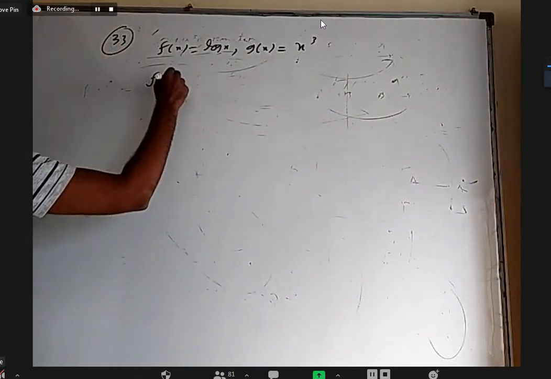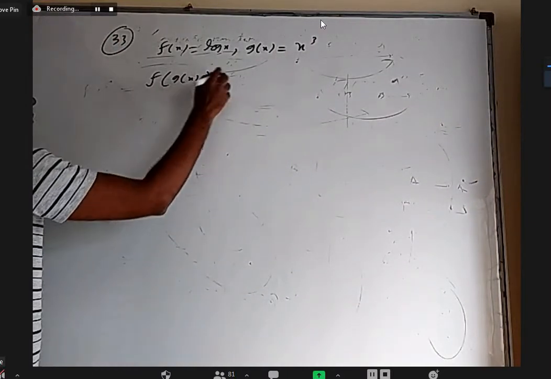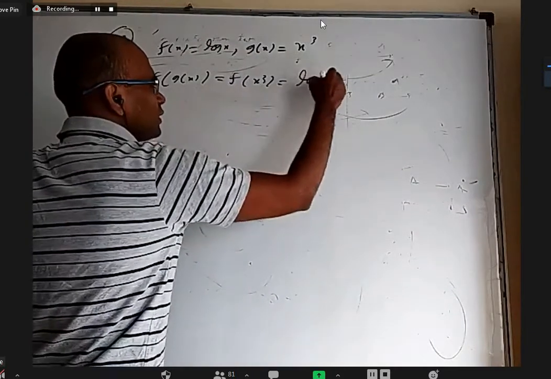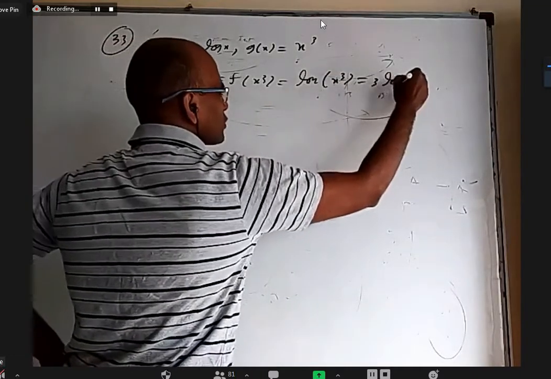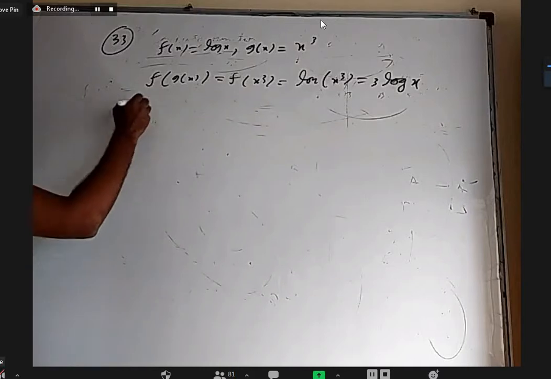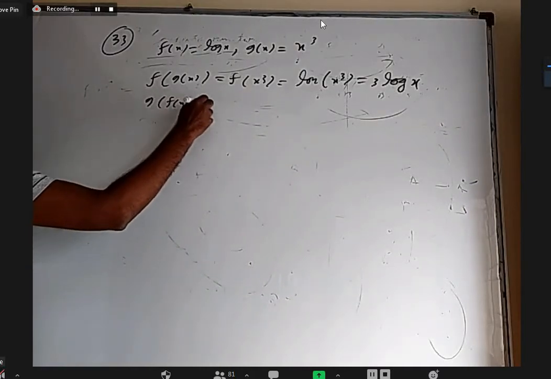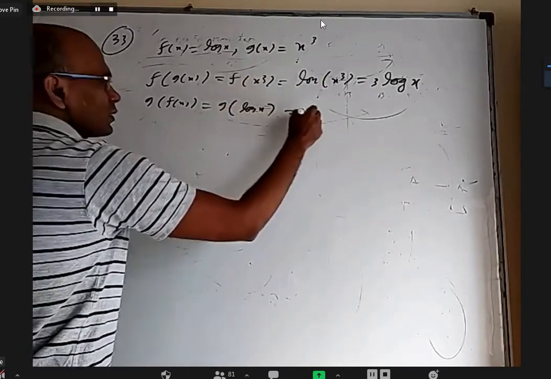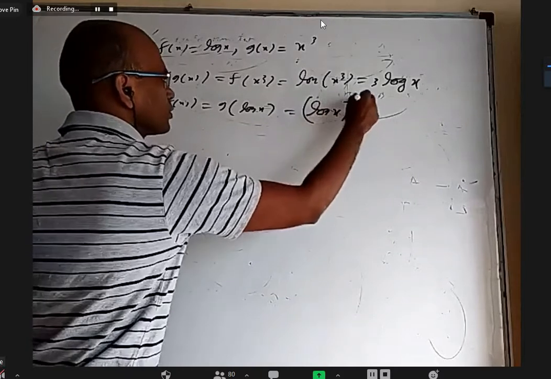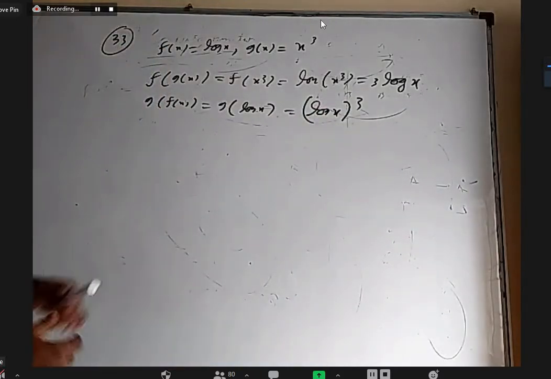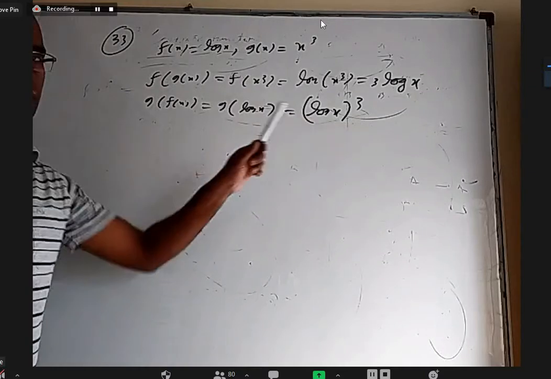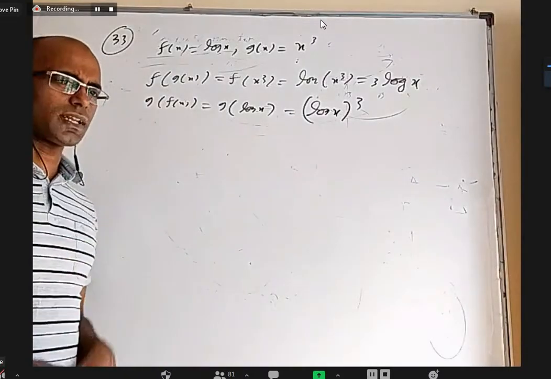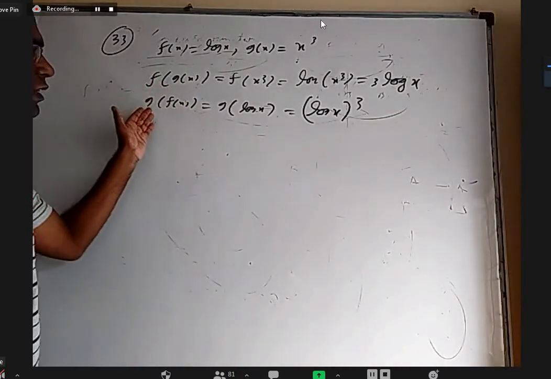So if somebody wants f of g of x, first substitute the inner part, that is f of x cube. F of x cube means you have to put it here. It is log x cube, which is 3 log x. If at all somebody wants g of f of x, it will be g of log x. And wherever x is there, if you substitute log x, it will be log x whole cube. So here f of g of x is 3 log x and g of f of x is log x whole cube. So there's nothing much about composite function definition as such. Substituting g in f, substituting f in g, that's all.